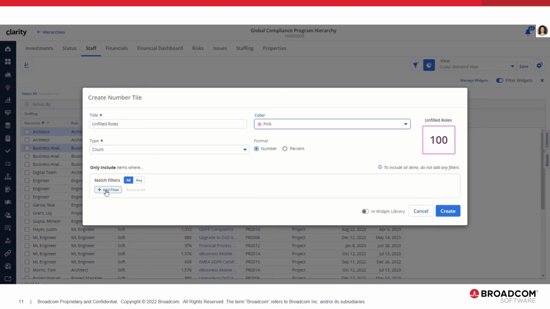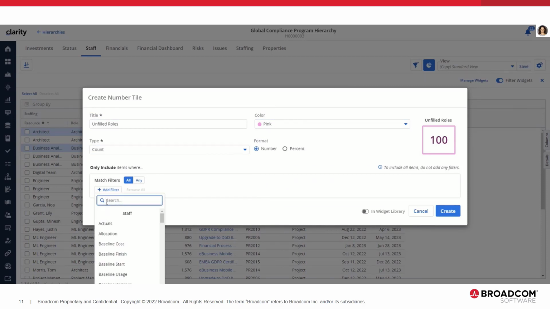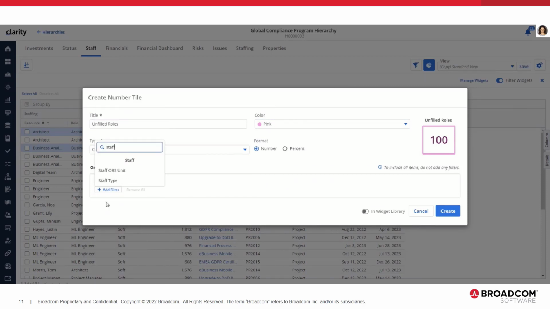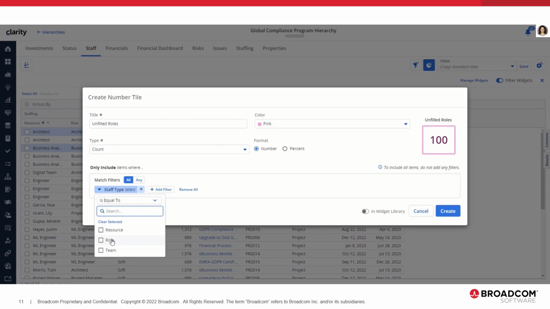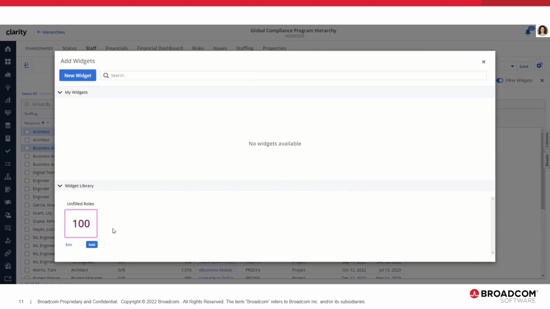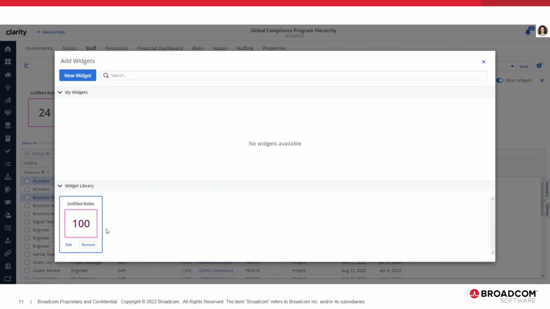We're going to get a count for records where the staff type is equal to role. And because Dana has the permissions to add widgets into the library, she's going to go ahead and do that,